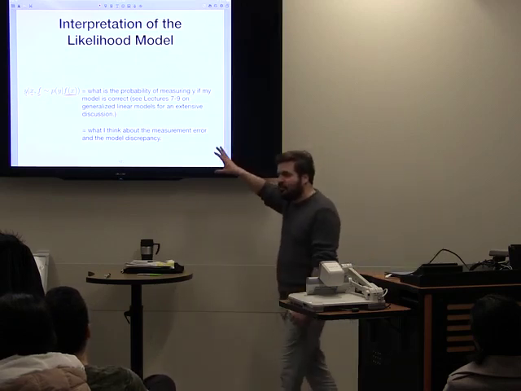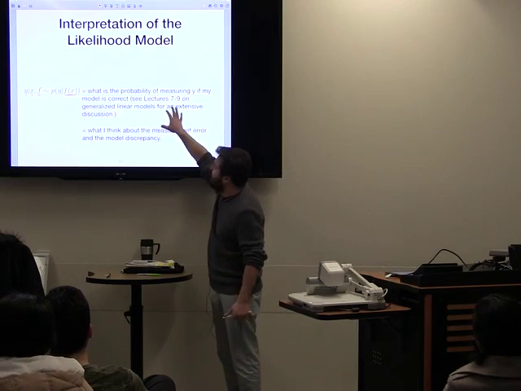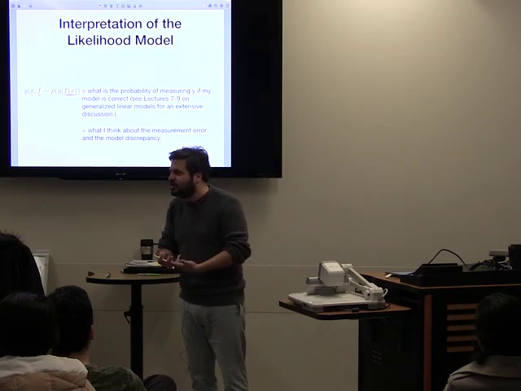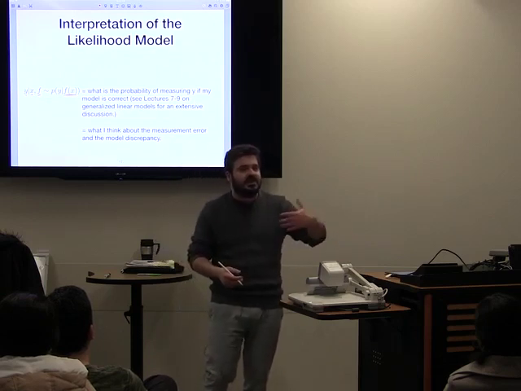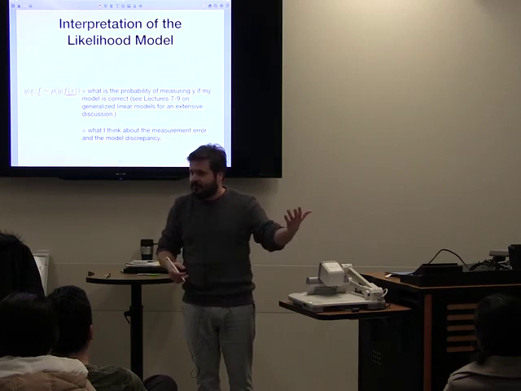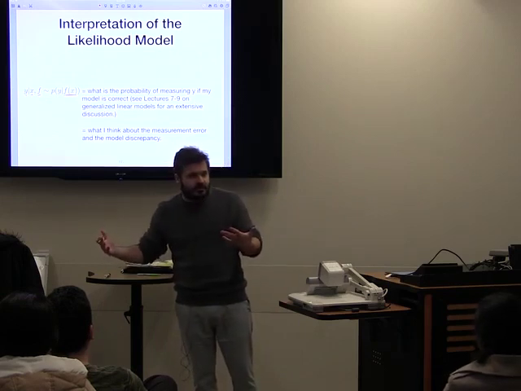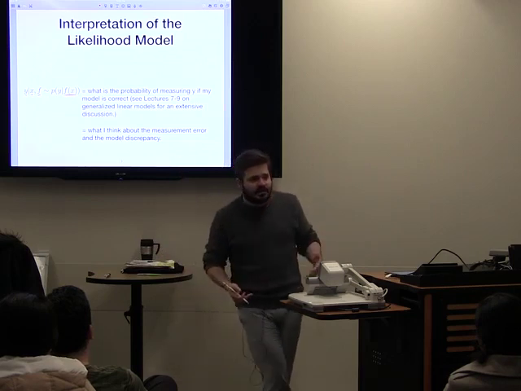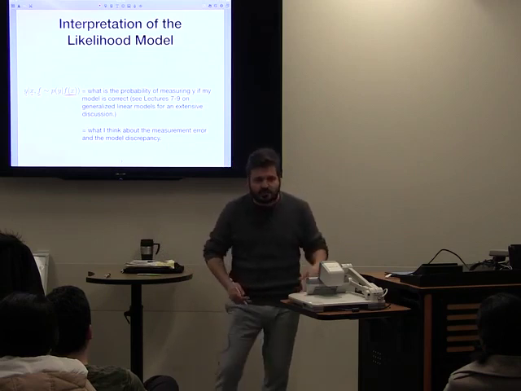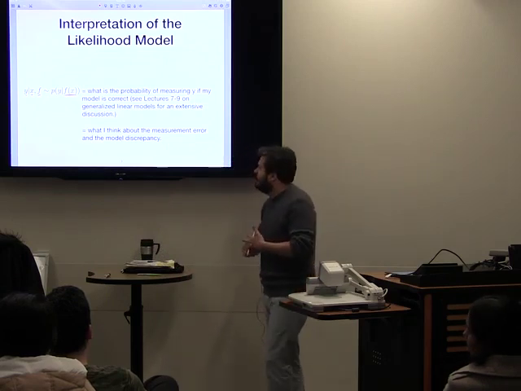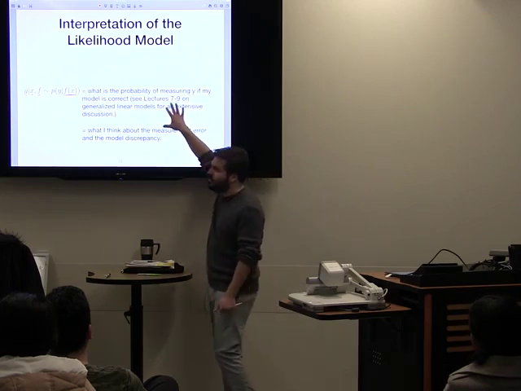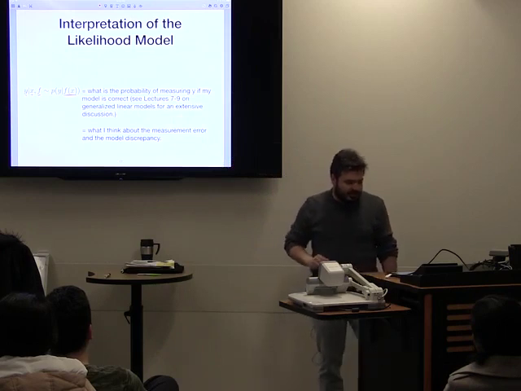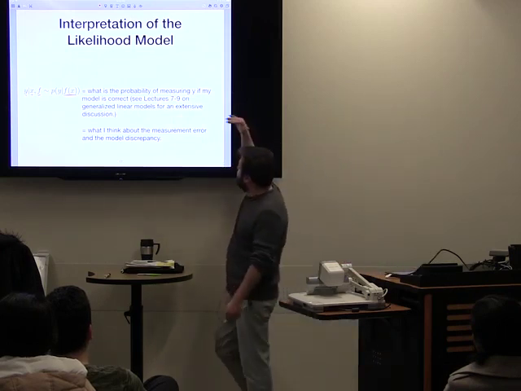And we have seen that before, right? We talked about generalized linear models, where we were basically solving a model calibration, but the model was very simple. It was just a linear model in the parameters, and we used Bayes' rule there. Well, it's exactly the same thing now, but your model is not a linear model anymore. It could be a finite element simulation or a finite volume simulation or something more complicated, a black box. But it's the same thing. So lectures 7 and 9, where we talked about generalized linear models, are very relevant here to understand what likelihood really means. And it's really what you think about the measurement error,